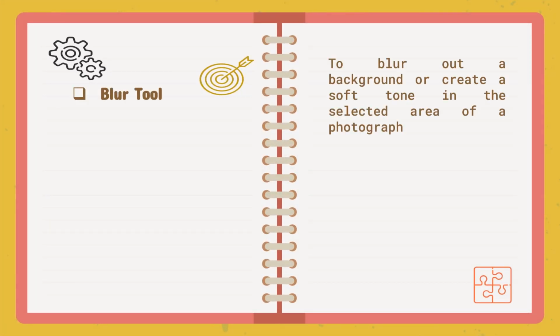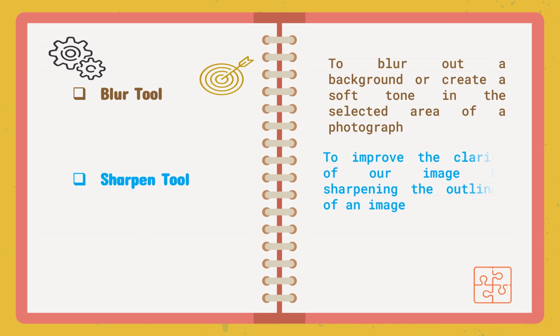Next is blur tool. This tool is used to blur out some background or you want to blur some areas or give some soft tone in the selected area of the photograph. You can use the blur tool. The opposite of the blur tool is sharpen tool. This tool is used to give some clarity or to sharpen the outlines of an image. Whereas blur tool is used to give some soft tone to the image, sharpen tool is used for sharpening the